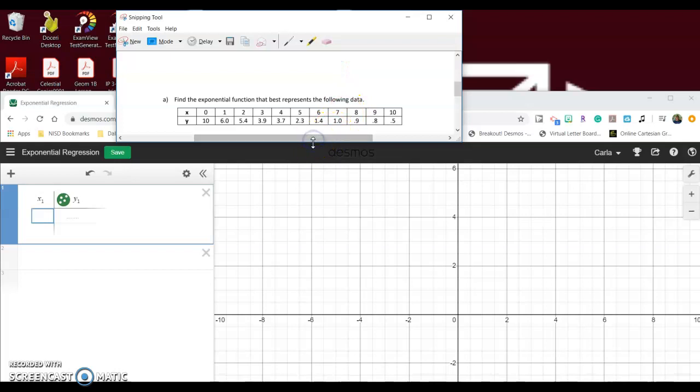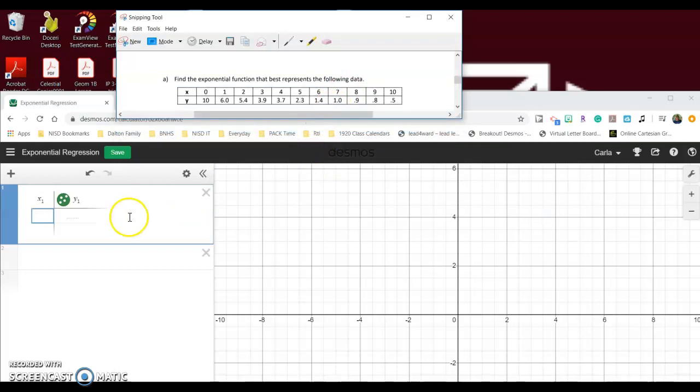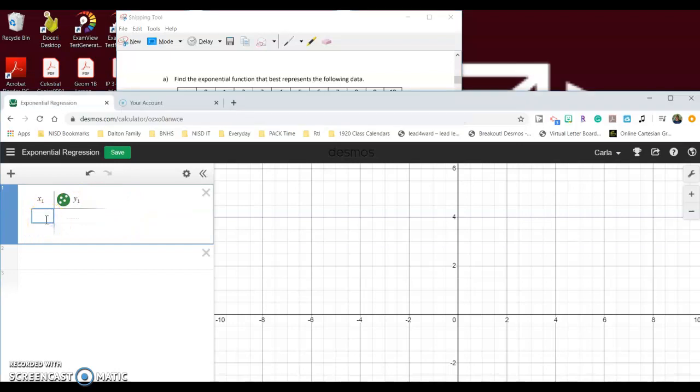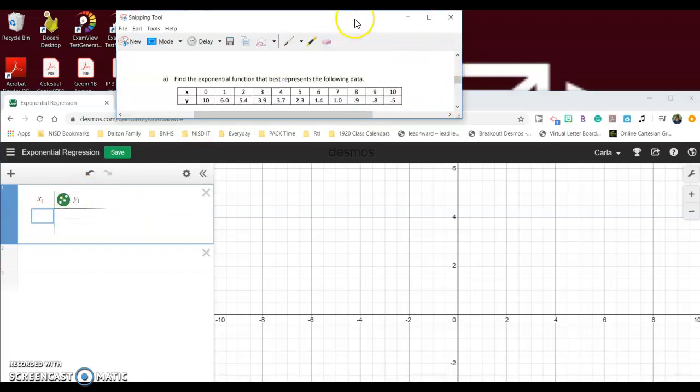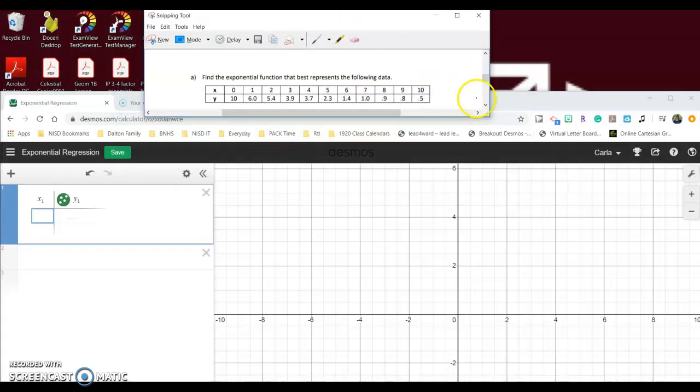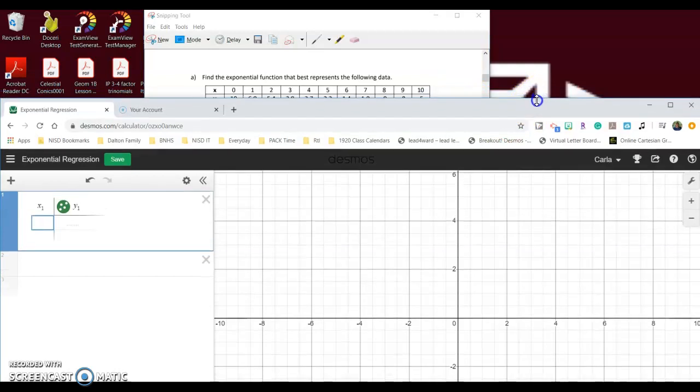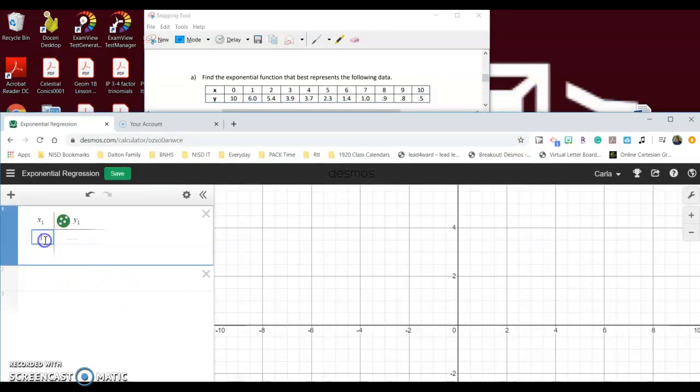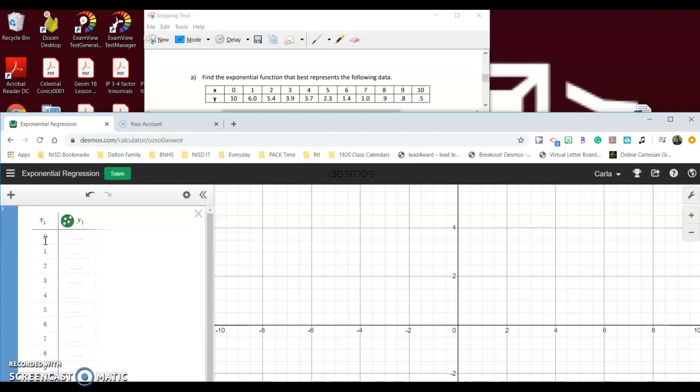All right, so now we can see this table, and this table just comes straight from our notes. So what you want to do is enter the X values and the Y values from our table. So I'm just going to enter 0, then 1, 2, 3, 4, 5, 6, 7, 8, 9, and 10. And then for the Y values, I'll enter those Y values: 10,